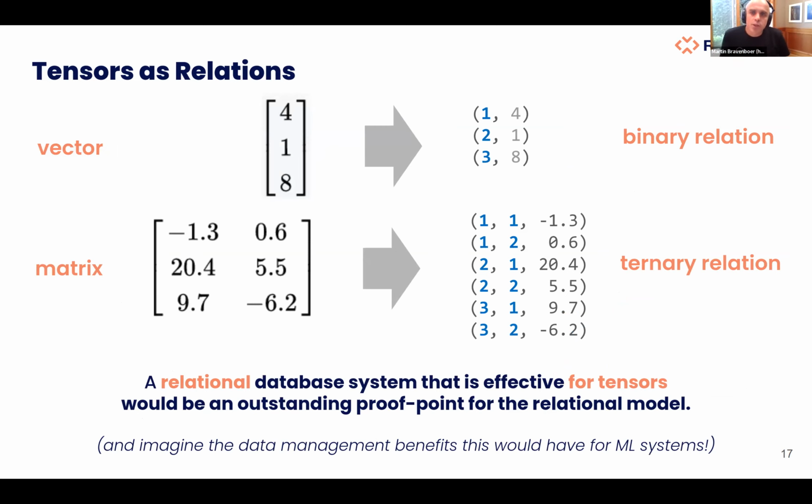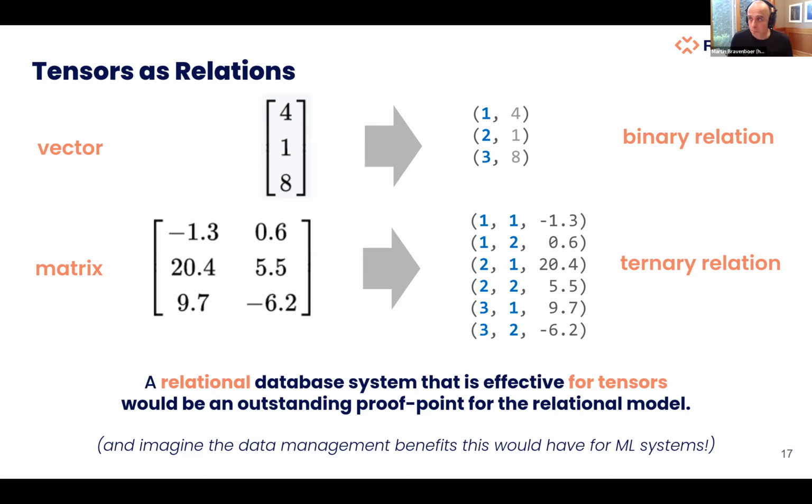All right. So next, tensors. Tensors can also be represented as relations. If you have a vector, that can be modeled as a relation: the first argument is the index, and the second argument is the value. Similarly, a matrix is a ternary relation with two indexes. This highlights to us that the relational model is really very universal, and the challenge is basically that the system needs to understand the information that is provided into the system and implement efficient systems for it.